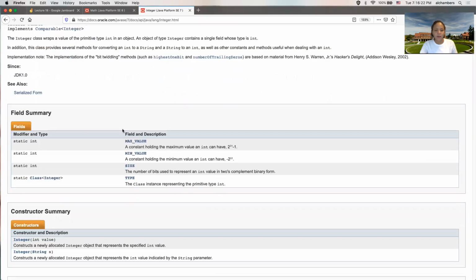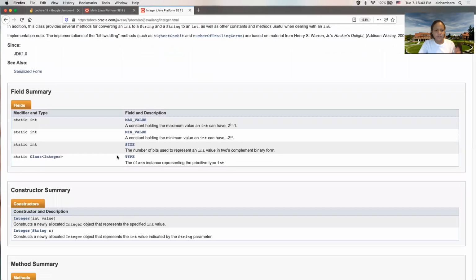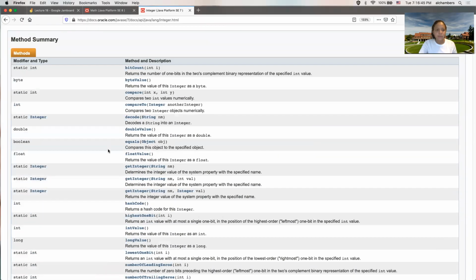Some of the static variables: MAX_VALUE. This holds the maximum value that an integer can have, which is 2 raised to the 31st power minus 1, somewhere around 2 billion. There's also a constant MIN_VALUE. This stores the lowest that an integer could ever store, which is negative 2 to the 31st. There's some other stuff. And down here in the method table, notice that some of these methods are static,